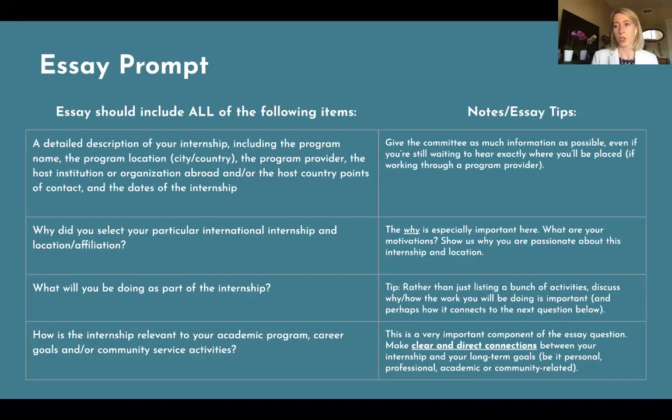Okay, so as I mentioned, here is the essay prompt, as well as some little helpful notes and tips. I'm not going to go through all of these because you can pause this presentation and read the notes and tips that I'm providing to help you understand why we are asking that particular point in this essay. It's one of those questions that's broad, and then make sure you include the following components. You're welcome to do it in whatever order you want, but you need to address every single point that's asked of you in the prompt.